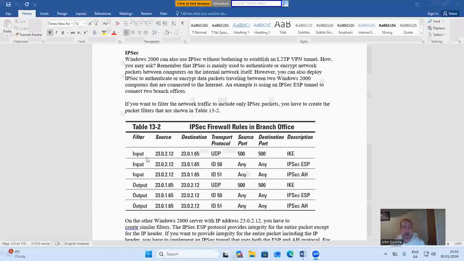So we'll say here input 23.0.2.12 23.0.1.65 UDP 500 IKE input 23.0.2.12 23.0.1.65 ID 50 any IPsec ESP input 23.0.2.12 23.0.1.65 ID 51 any